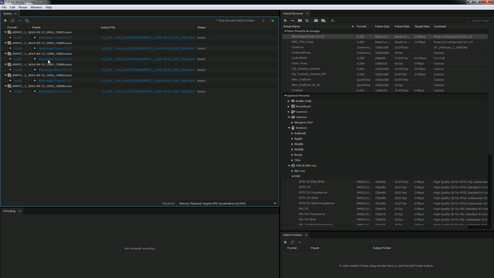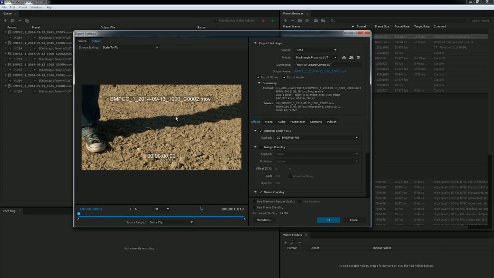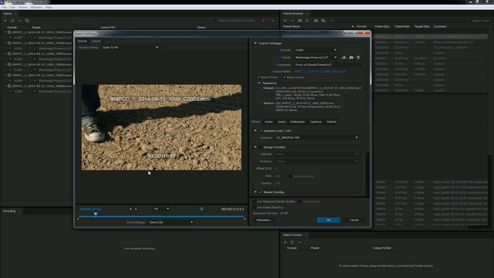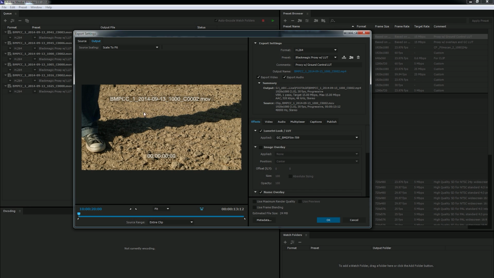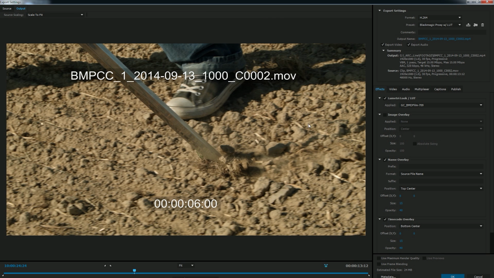Now if you click on any of these links under preset and bring it up, it shows you a preview of what your footage is going to look like. Right here's my overlay. This is the name of the original media, and I have my timecode, and as I go forward it counts up, so that's awesome. And I also have my look applied. We have a guy dragging a sword on the ground,